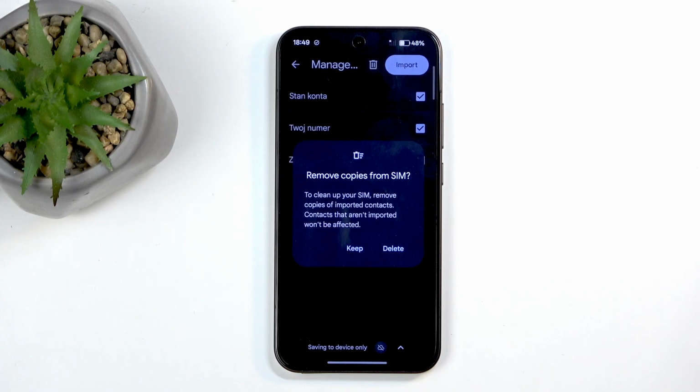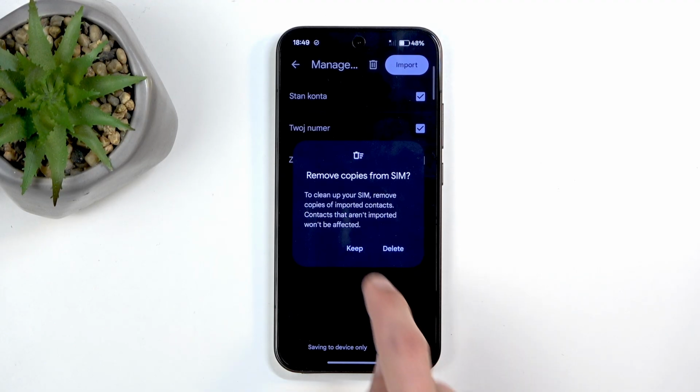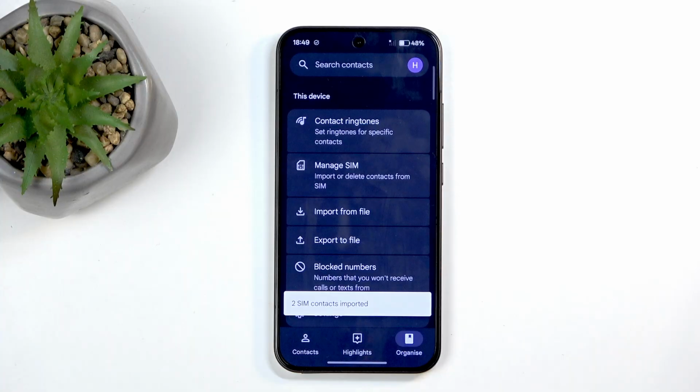The SIM card has storage for just contacts, nothing else. This storage cannot store anything else apart from these contacts. And Google's like, oh, clear storage. For what? What am I going to use this storage for? So obviously we're going to select keep right here, and now that we have imported our contacts, we can go back